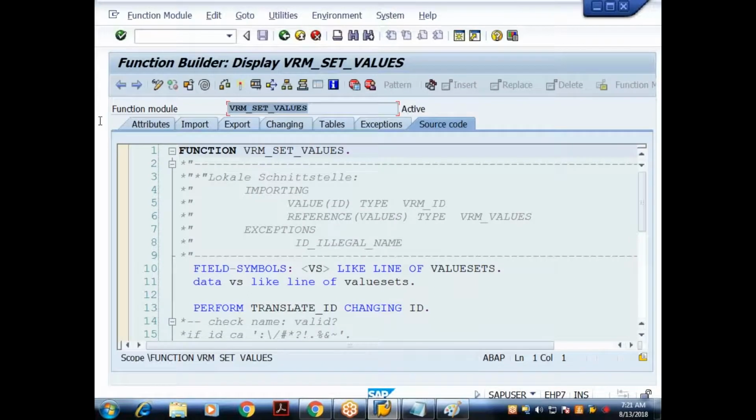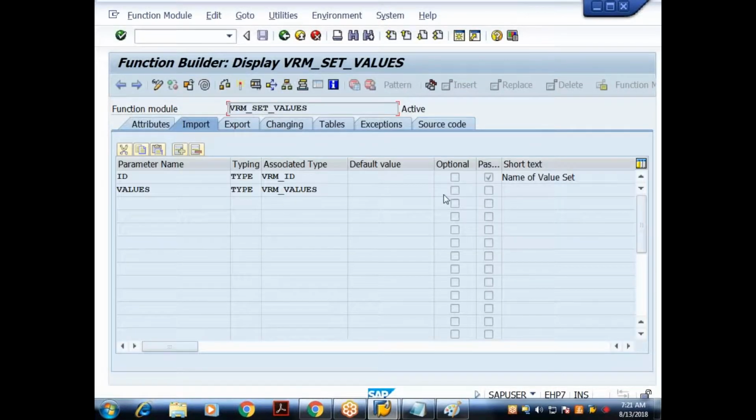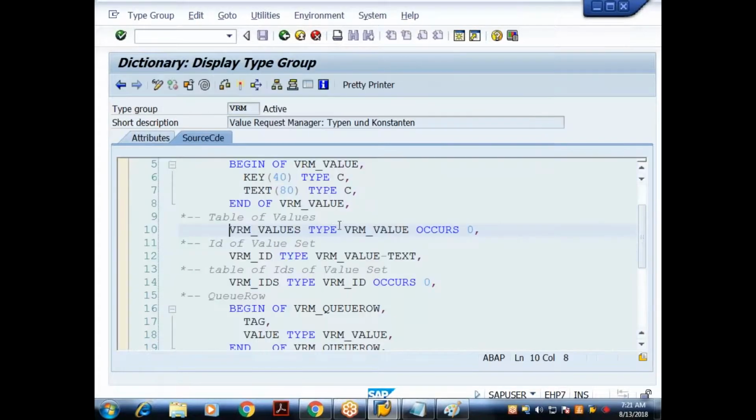By looking at the signature, I understand that there are only two mandatory import parameters. One parameter is expecting the name of the dropdown. Another parameter is expecting an internal table of type VRM_VALUES. So let me prepare the internal table. This declaration is of type VRM_VALUE.